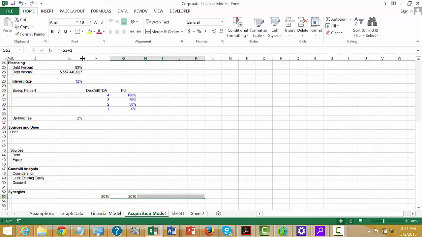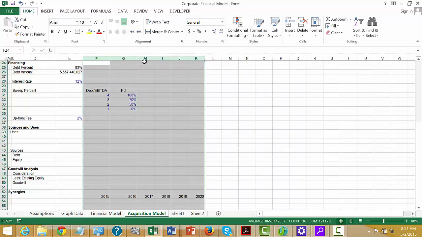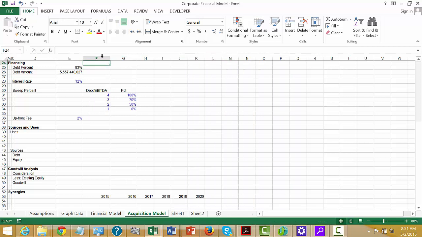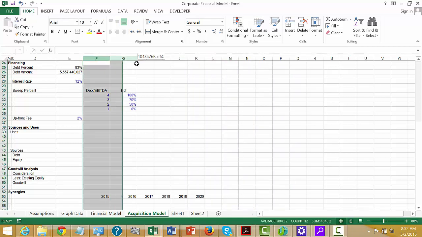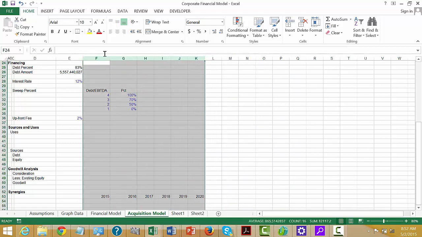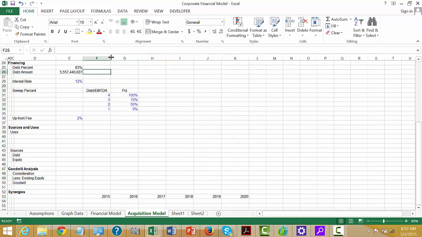So the synergies, this is of course a subject of a debate as to what you really will be able to achieve. I don't like this. I think we make this a little bit wider. Okay, and